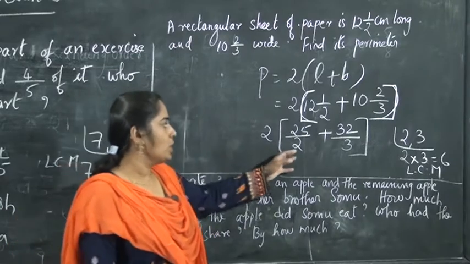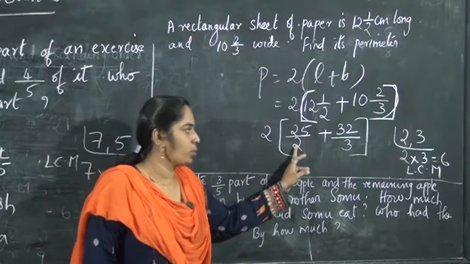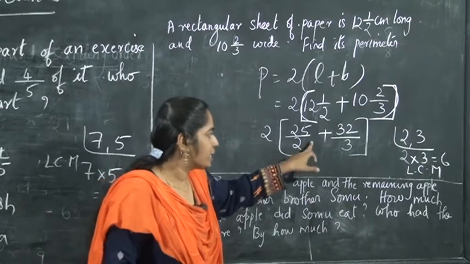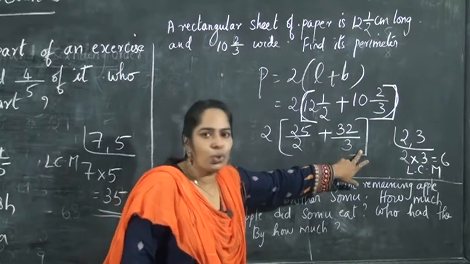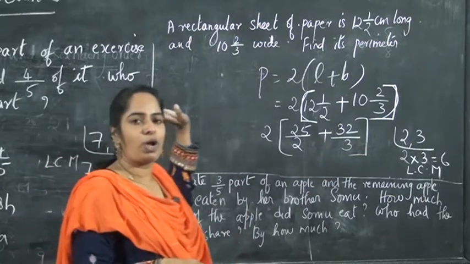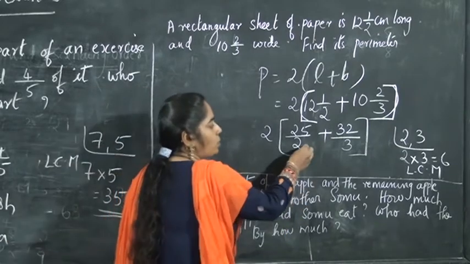So how will you make 25 by 2? How will you change this 25 by 2 into 6? This is all we can do, isn't it? 2 into 3 becomes 6, and here 3 into 2 becomes 6. So now you are able to do so many problems, and by thinking itself we will get it.